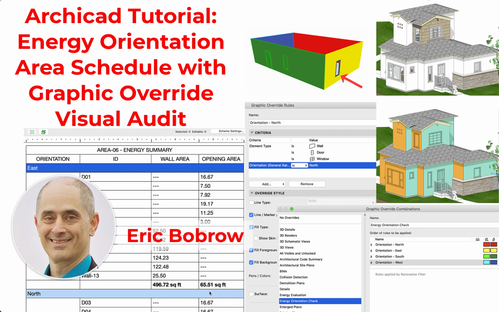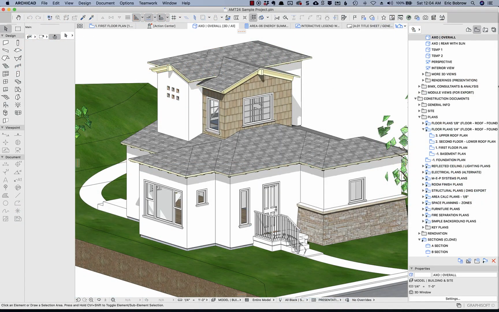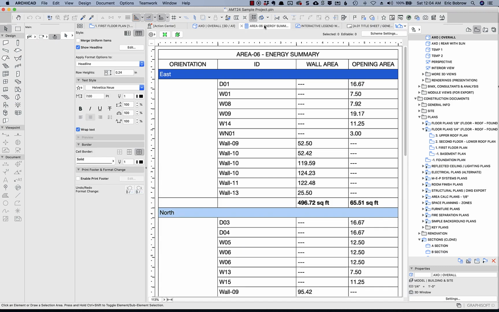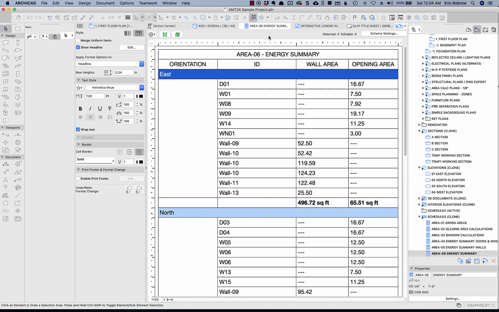In this Archicad video tutorial, I'll show you an interesting combination of Archicad's features that allow you to do energy analysis on buildings of any size using built-in options such as schedules, graphic overrides, and properties that were introduced into recent versions of Archicad. Here we have the MasterTemplate sample project, and here we have a report for energy analysis for